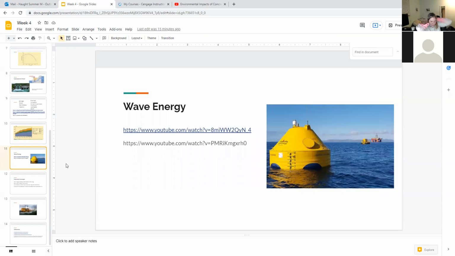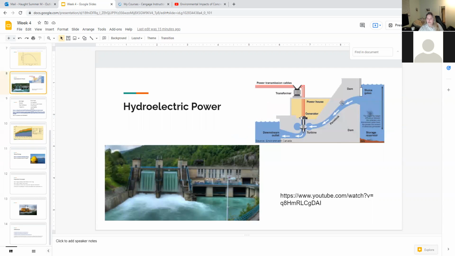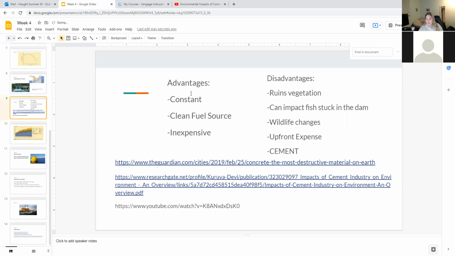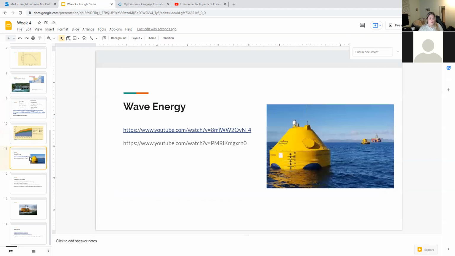Okay, so that's kind of it for hydroelectric power. I think that one diagram really shows the critical pieces of it. Also, a major component of it too is to just know the advantages and the disadvantages. So for wave energy, I know we only have like 9 more minutes, so I'm not going to talk too much about wave energy, but